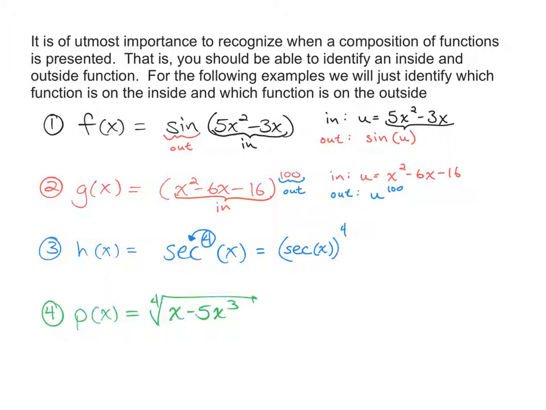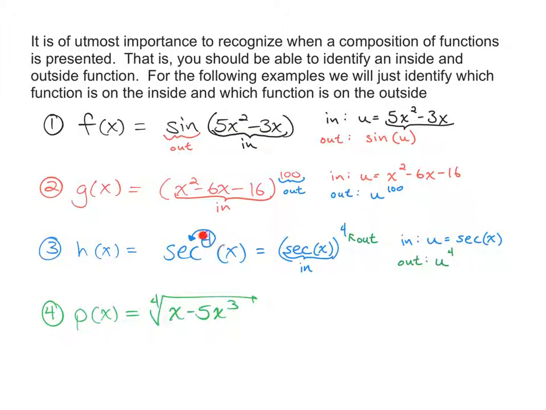So now you can see that the secant of x is what's on the inside and not the actual x as we thought originally. And on the outside is the exponent 4. So here we will have the inside u equaling the secant of x, and the outside would be u to the 4th power. Pretty similar to this one over here,